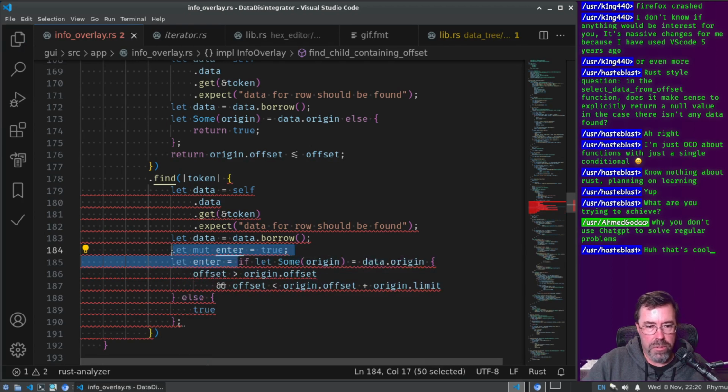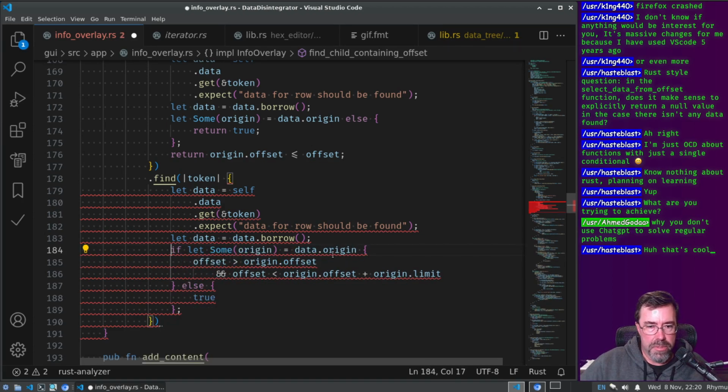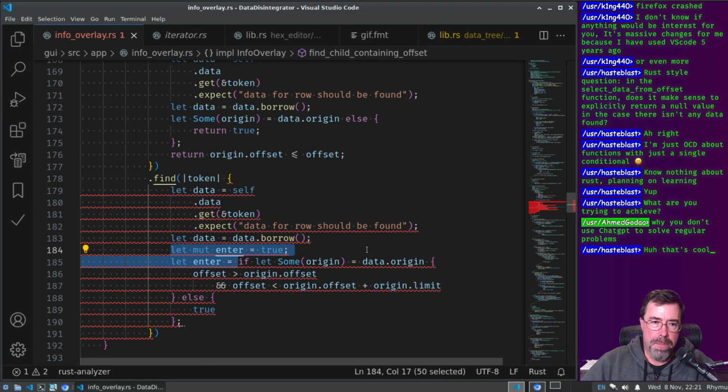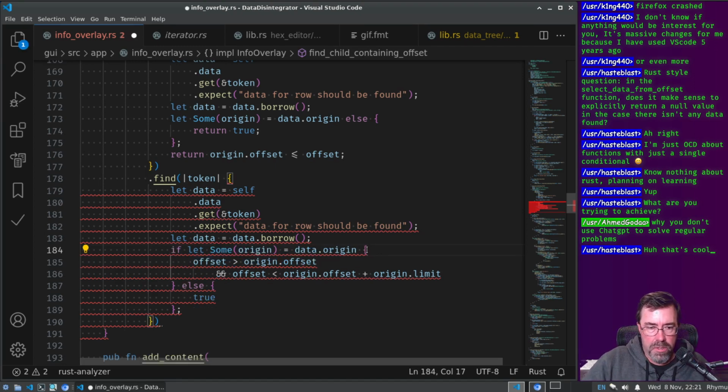If there's some, well, again, I'll let it be something else. No, it's if let. If we find it and the offset's greater than the origin offset, so if it's within that, then